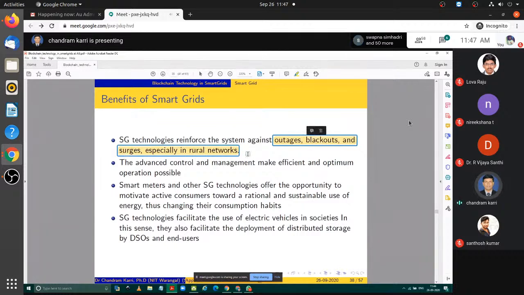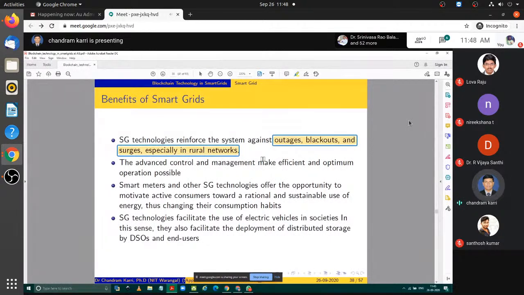Still, I can say the transmission and distribution losses are around 20% in India, whereas Norway and Sweden have only 7 to 8% transmission loss. It is because our Indian transmission network is mostly related to rural areas. In the rural areas, we know the problem with distribution transformers and feeders. If we adopt smart grid technologies, metering theft can be avoided by using smart meters. Through the telecommunication network, how much power is generated and how much is required can be communicated. With the development of proper instrumentation and telecommunication networks, the existing grid can be made a smart grid by monitoring and controlling certain things with the help of advanced